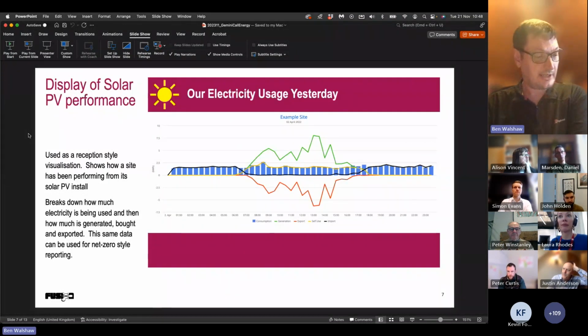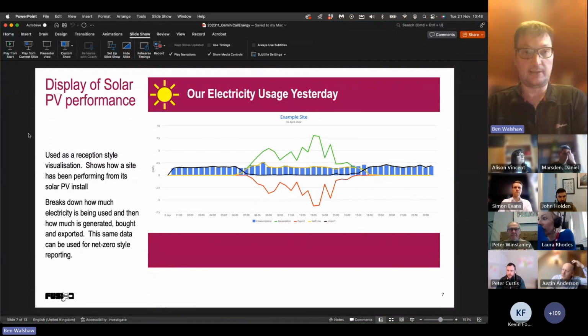Some customers utilize the APIs to generate visualizations on screens in their receptions, in control rooms, or on websites. They can query the digital twin and extract the data for their assets as they need. The example here is a common one that shows how solar PV installations are being utilized to reduce consumption of bought or purchased energy. This can be used to optimize energy to get better use out of the solar installations. For example, if an organization is generating more during the day, as in this case, you see the red is the export on the graph,